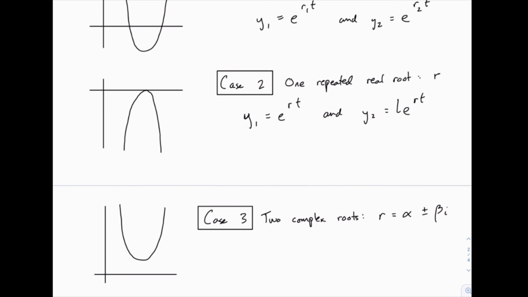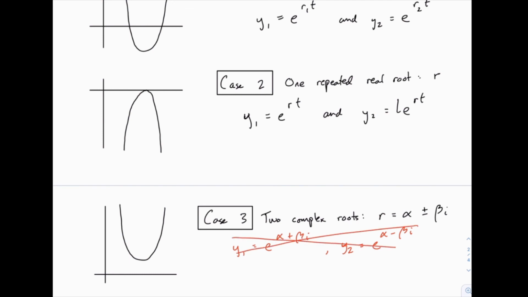So for the solutions here, you might say, okay, we have two complex roots, so let's let y1 equal e to the alpha plus beta i, and let's let y2 equal e to the alpha minus beta i. The problem with that is now we're dealing with complex numbers in an exponent, so things get really nasty and unfamiliar. So rather than doing that,